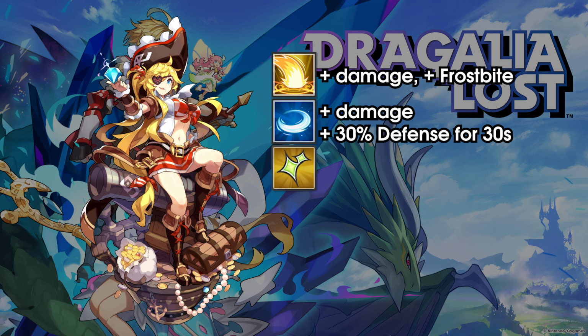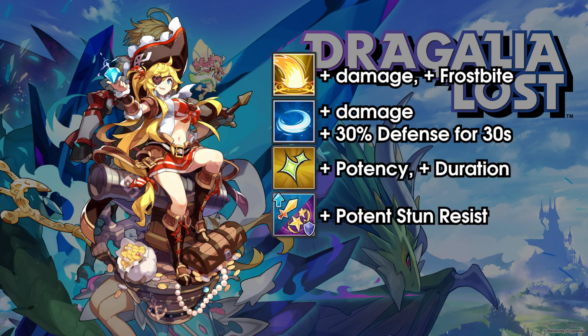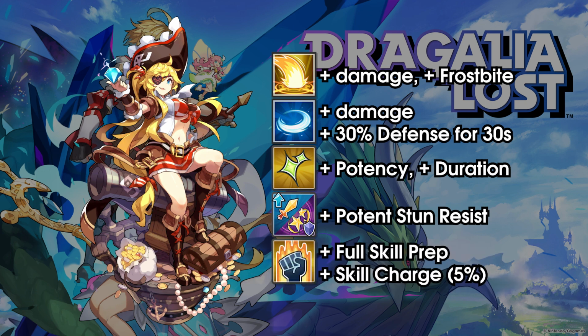Karina's healing double buff has gone from 3% regen for 20 seconds to 4% regen for 25 seconds. Her stun resist is now potent stun resist, and her 50% skill prep has now become 100% skill prep and skill charge, akin to Lily. So Karina's had some fairly basic changes,